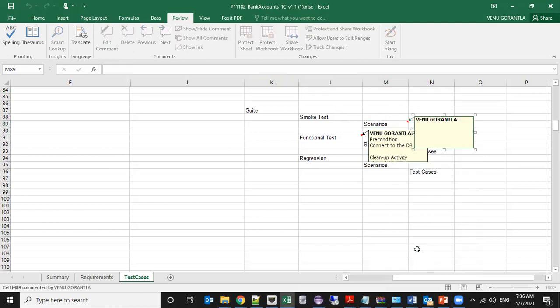Open the browser. For each scenario, we open it. Why do we open it for each scenario? Because when you are executing a number of scenarios, test 1 and test 2, you are executing them together.